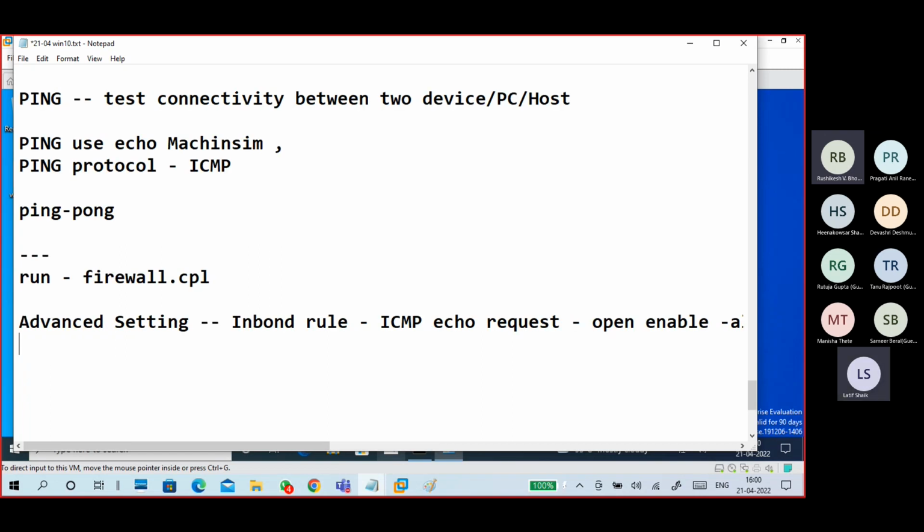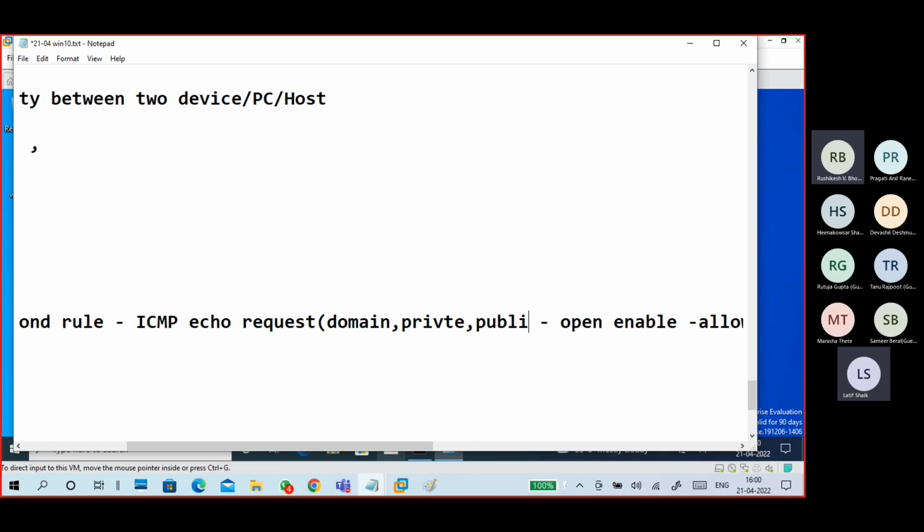Okay, so for all, not only this, for everything, including domain, private, and public, I did it also. You can put private and domain.